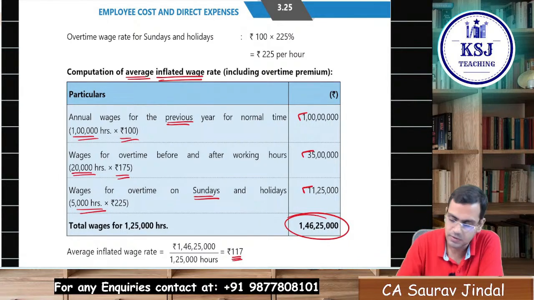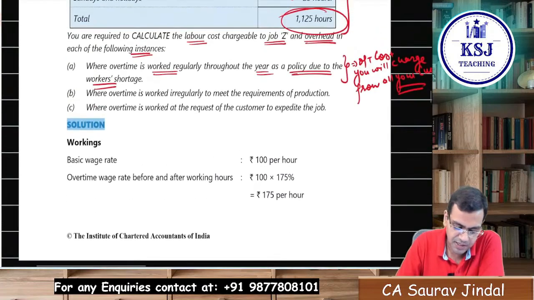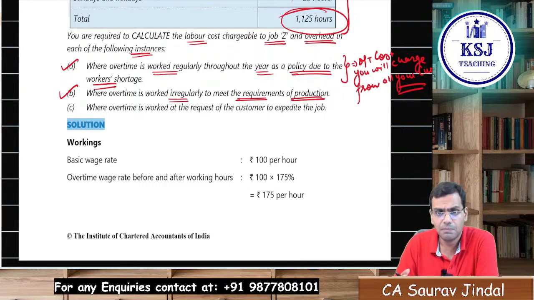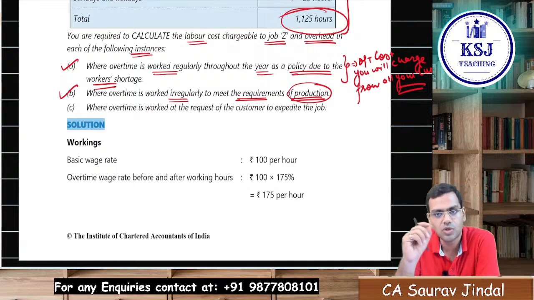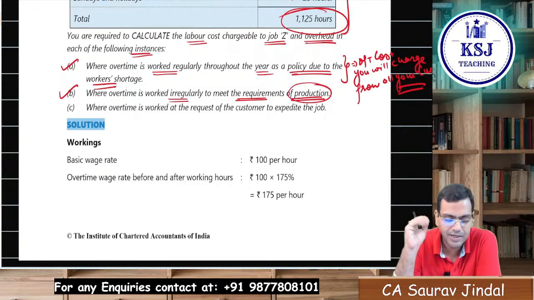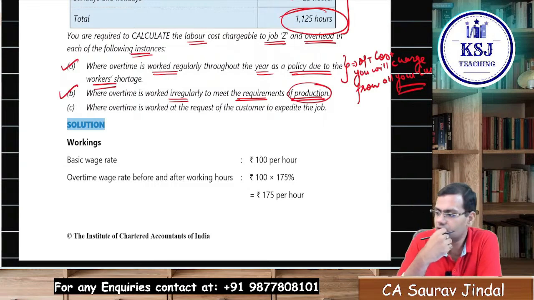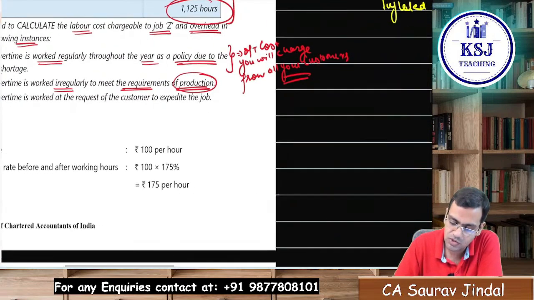Okay, now this is the first part. The second part is when overtime is worked irregularly to meet the requirements of production. So it is not a general feature, but at some times, maybe due to an extra order or some other reason, to meet the requirements of production so that you are able to provide the goods on time to your people, right? Then you are going for the overtime. In that case, what is to be done is